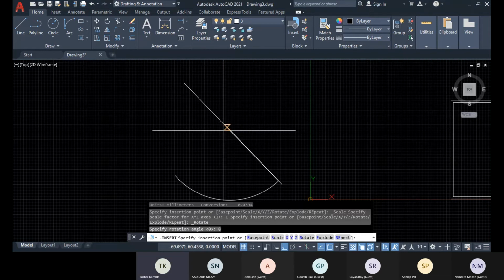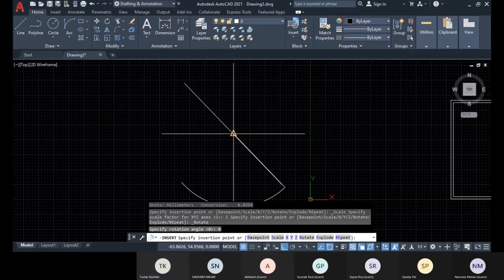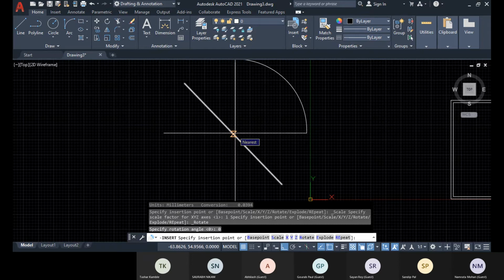Okay, so now you see that when I'm going to place for the alignment, it's not coming according to my requirement. So for that, what I can do, I can switch the alignment. With this tab option, if I press tab, it will change to the mixed alignment option. Okay. All right.